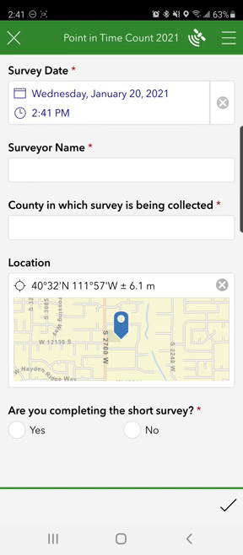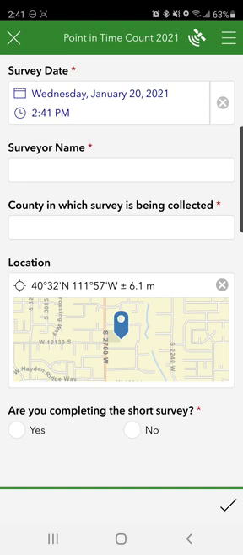If you are participating in the point in time count in Salt Lake County with the Salt Lake Valley Coalition to End Homelessness, you will only be doing observations this year. So instead of doing any sort of survey, you will simply be counting the number of people in a location and submitting that through the app. We'll show you how that's done first, and then we will jump into the survey portion that will be used